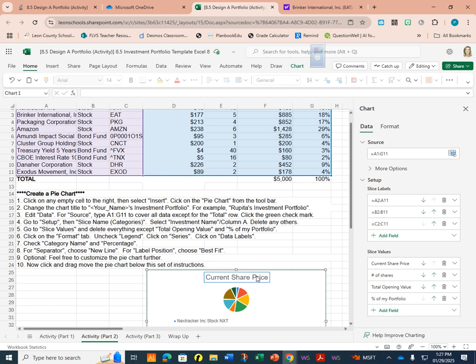Let's type in Amina Brown Investment Portfolio. You're just changing the name of it, right? So once you put in that source, double click on the box where it's got the word